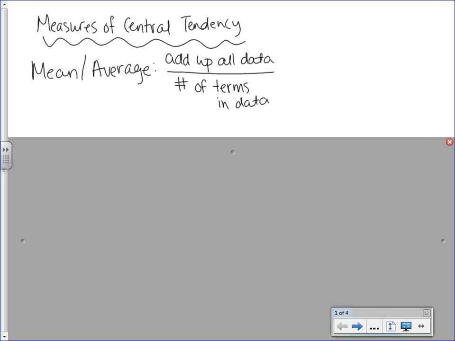The cliche example for mean or average is finding your average grade in a class. So let's say